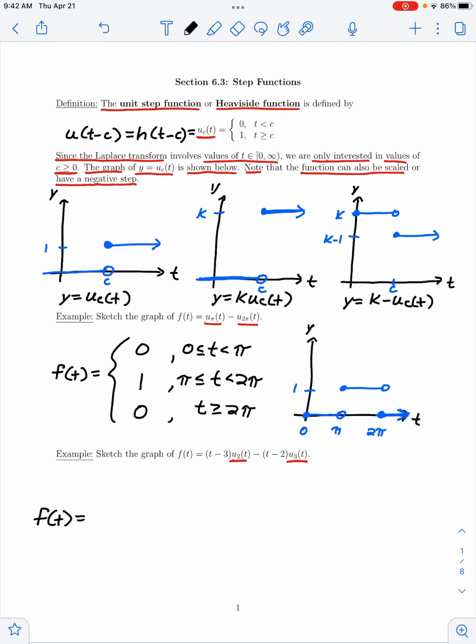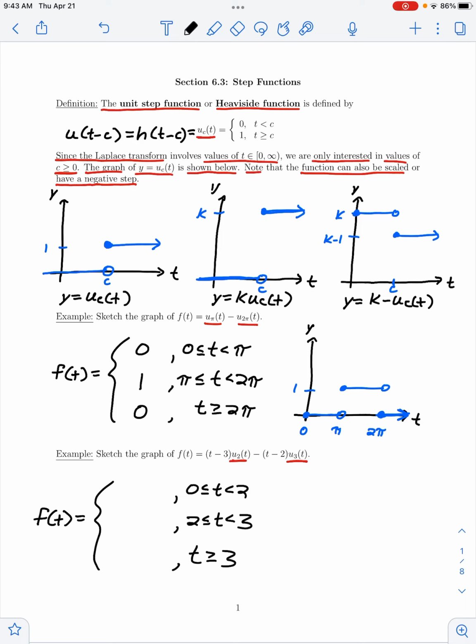So if I think about the piecewise definition of this function, its domain is divided as follows. We have all of the times less than time 2, where the first jump occurs, values of t which are greater than or equal to 2, but less than 3, where the second jump occurs, or times greater than or equal to 3. And let's think about how my function is defined on each of these intervals. So on my first interval from 0 to 2,